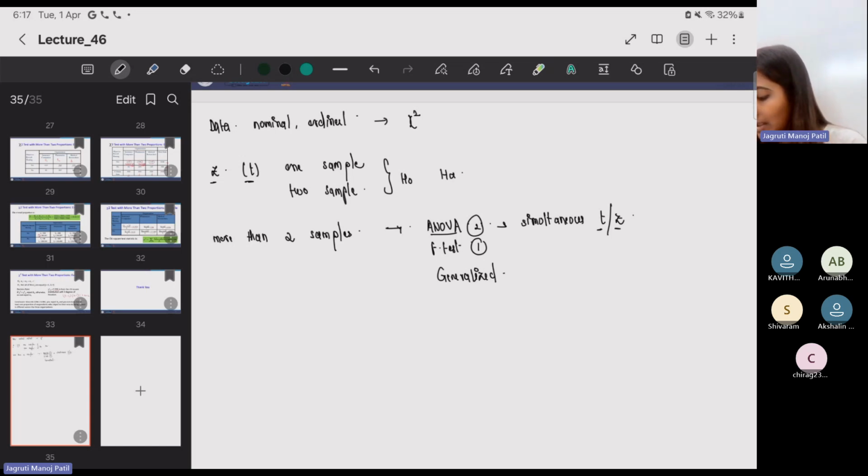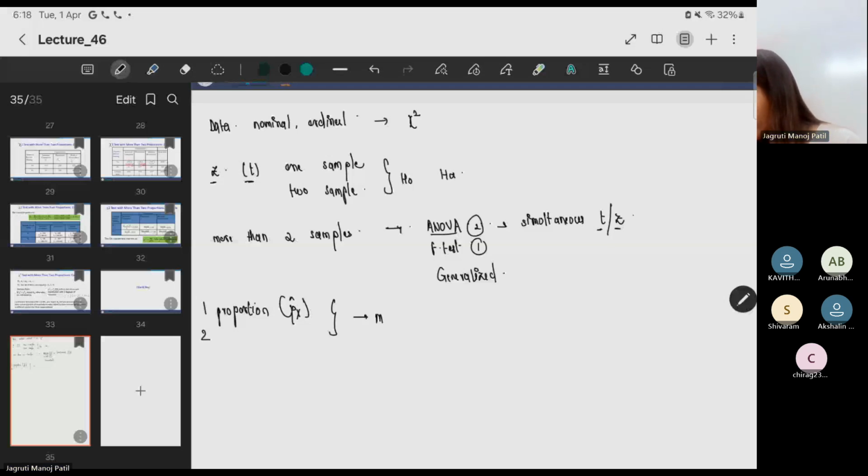Now we also had something as proportion test. We checked the population proportion, something like this. So we were checking the population proportion test, if it's similar or not. Proportions are nothing but ratios of a population within a single data set. So these were also for a single data set or for two data sets. Now if it's for multiple,